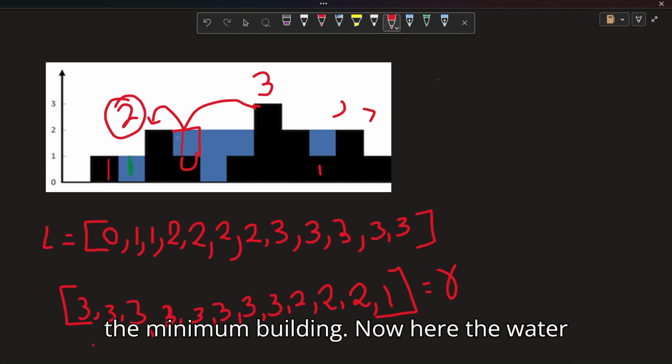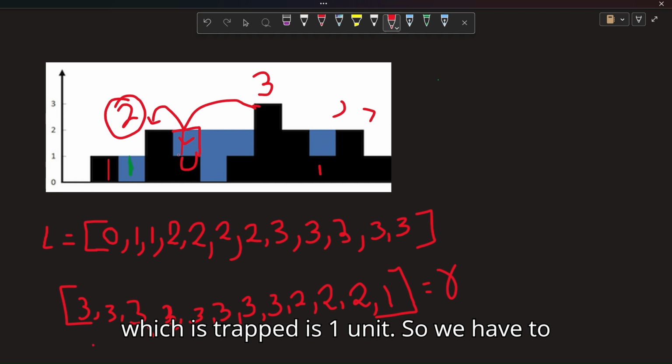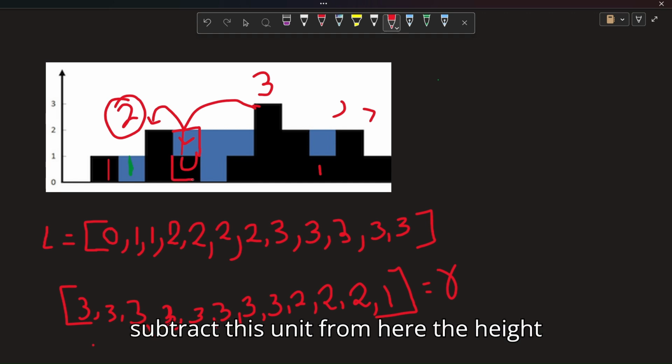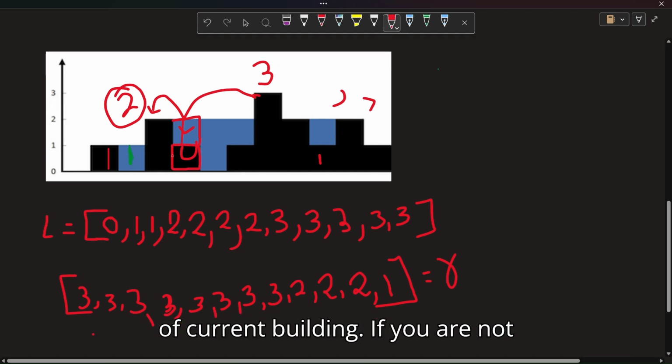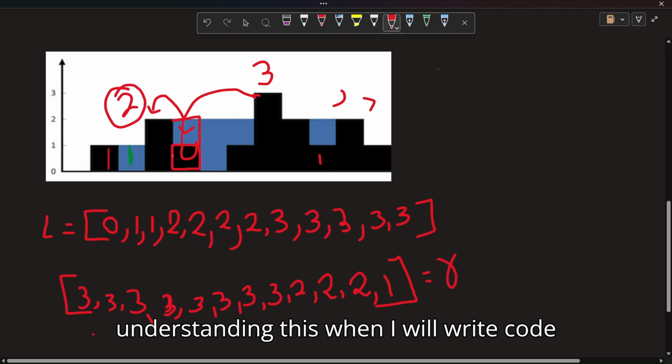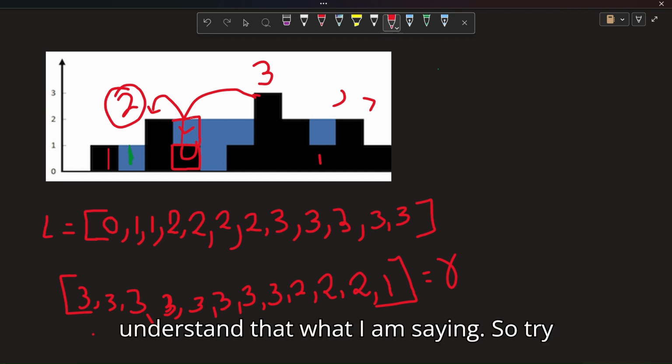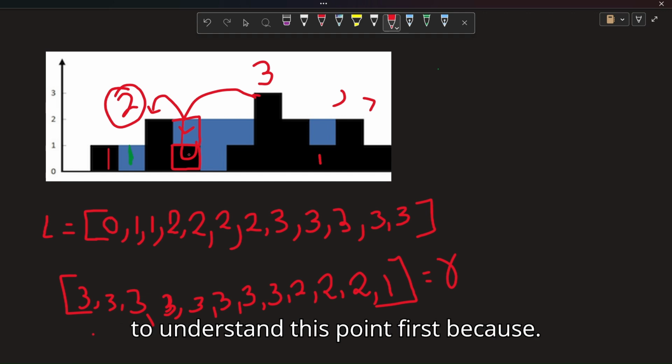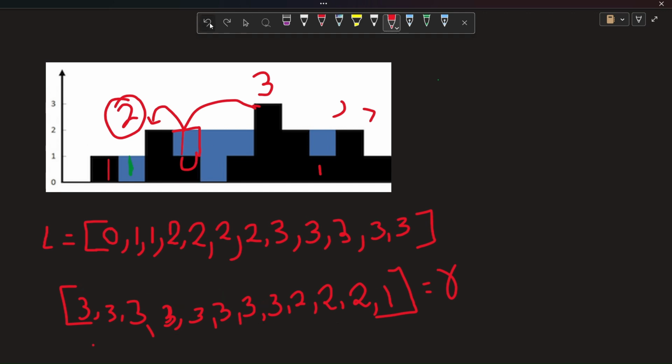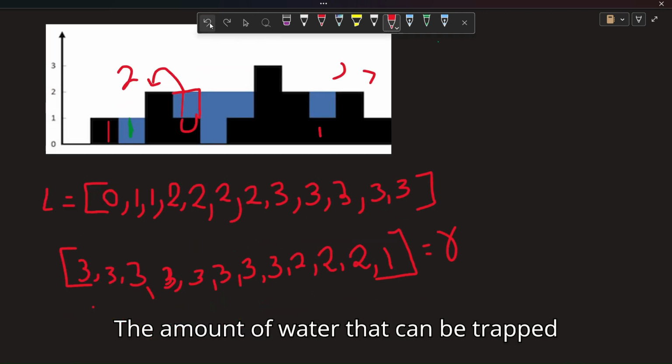Now here the water which is trapped is 1 unit. So we have to subtract this unit from the height of the current building. If you are not understanding this, when I write the code, I will dry run it, then you will understand what I am saying. So try to understand this point first, because the amount of water that can be trapped between these two buildings